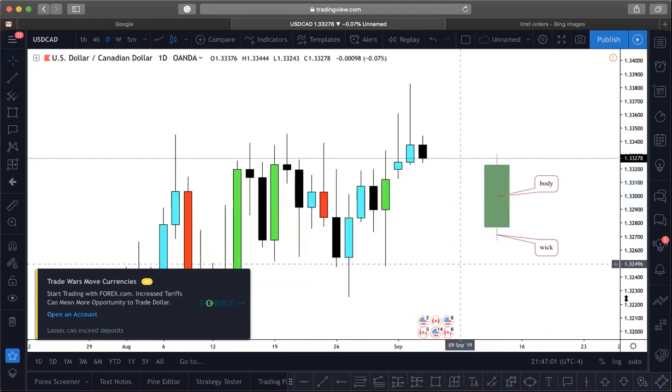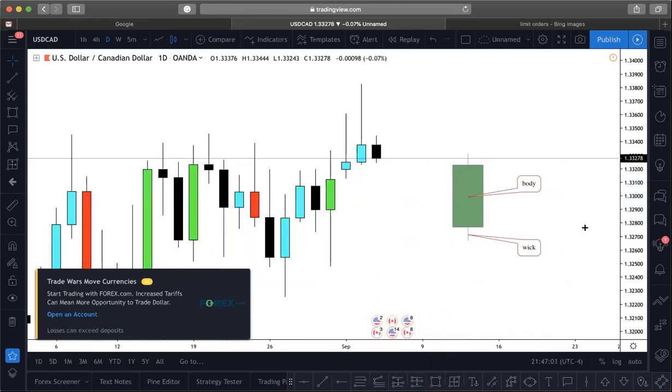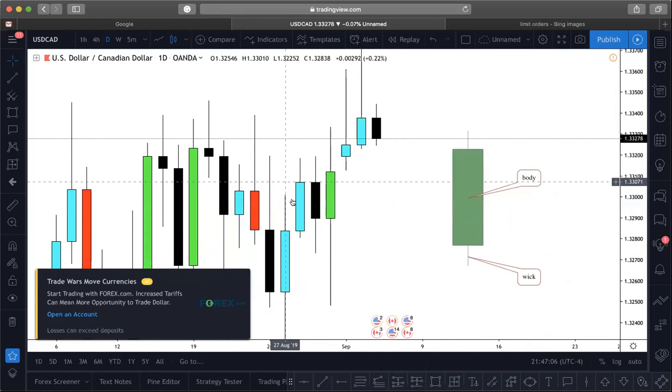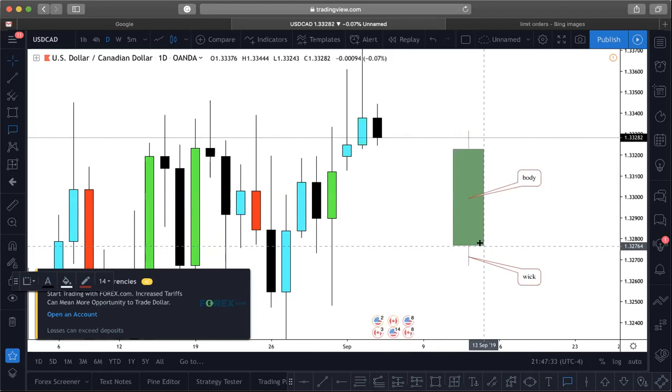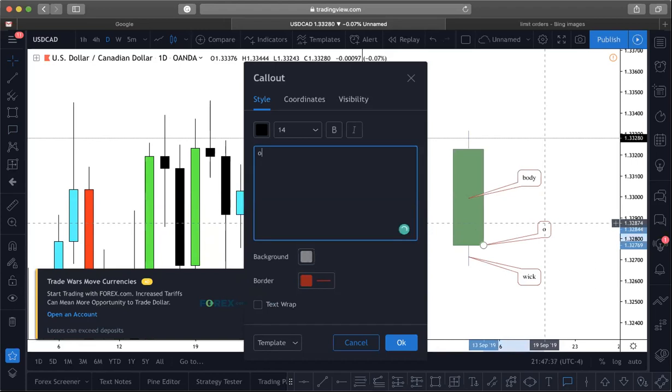Green simply means that the market is going up. I know my candles are all different colors, but it's usually red and green, right? Green means it's a bull candle, it means the market is going up. Red is usually a bear candle, it means the market is going down, right? Now, when it's a green candle, where you see the body begins is where the new candle starts, where the market opened. So this will be the open of the candle,